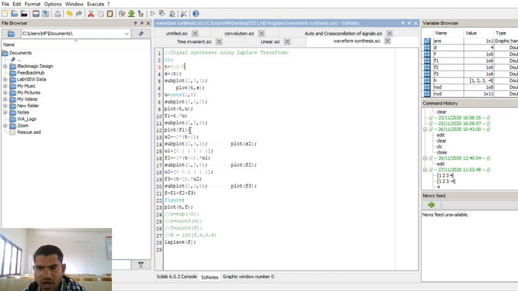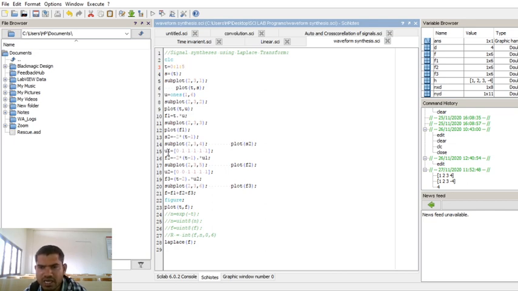Now I am taking a new signal, S2, that is equal to minus 2 into t minus 1. T is the signal, t minus 1 means t from minus 5 only up to 6 signals only. We are getting that signal plotted in the fourth location, that is plot of S2.